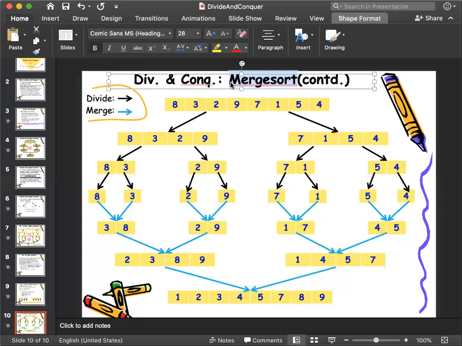So your task for the lab is you have to do a coding for merge sort in any language and take the screenshot of that code and